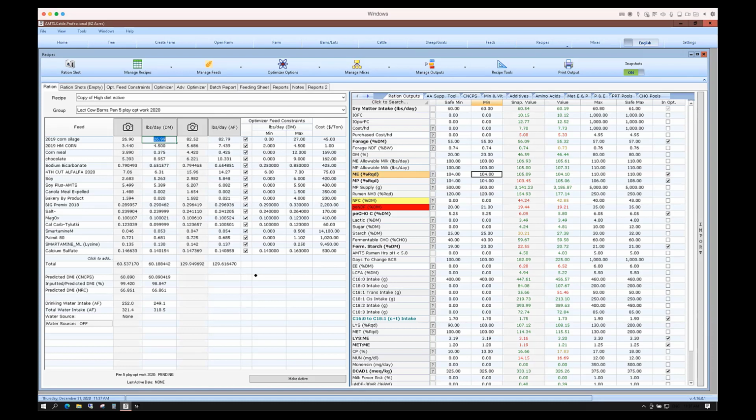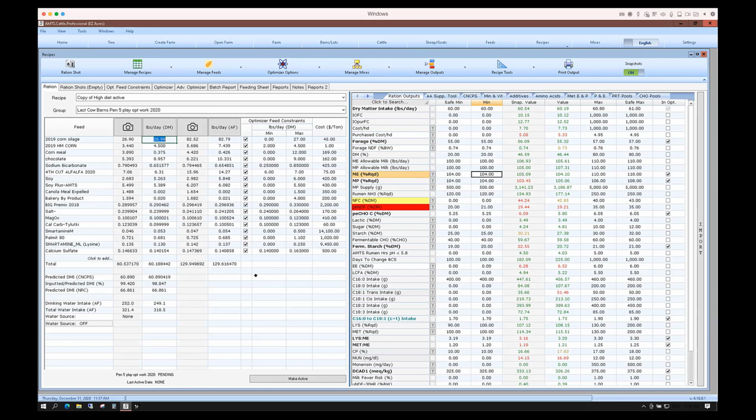Other times, and again, this would be the majority of the time, it's giving us diets that we should all feel comfortable implementing, because they are fitting all of the constraints that we are throwing at the problem.